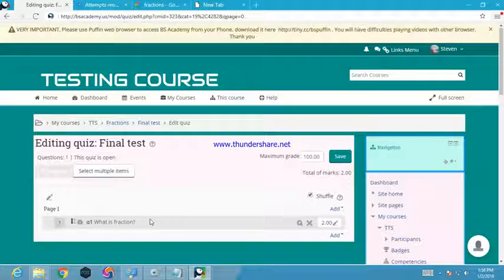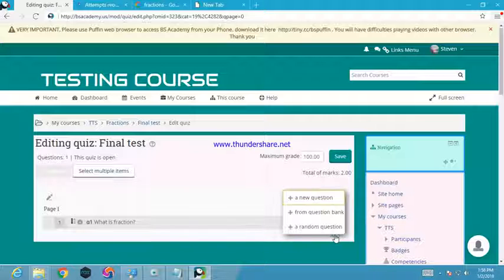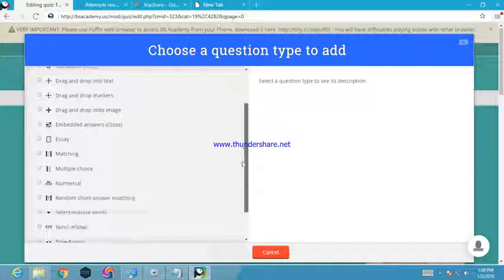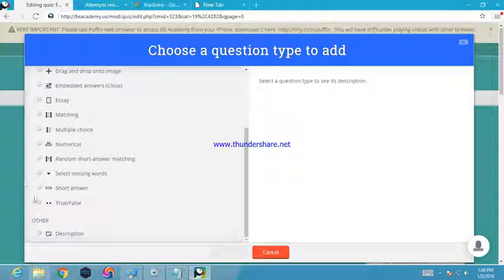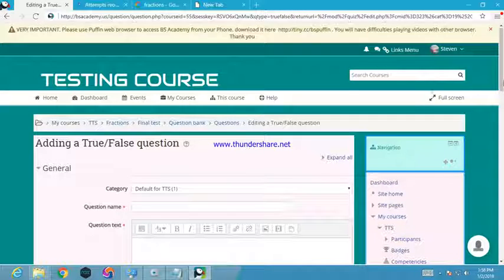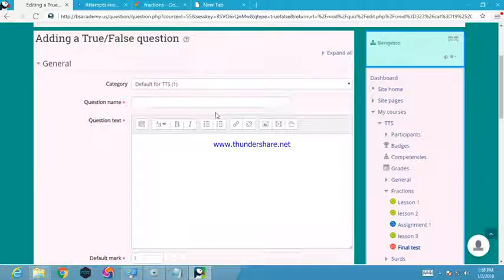Save changes. So here's question 1, and you can add another question. Add a new question. We are going to use true or false. True or false is very simple. Question name is question 2. Then the question is